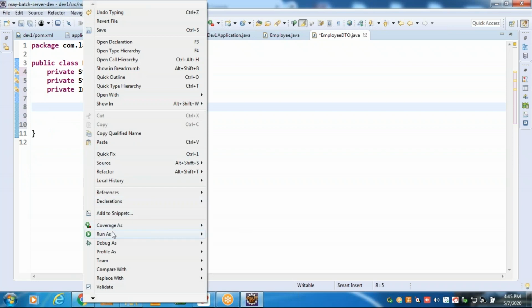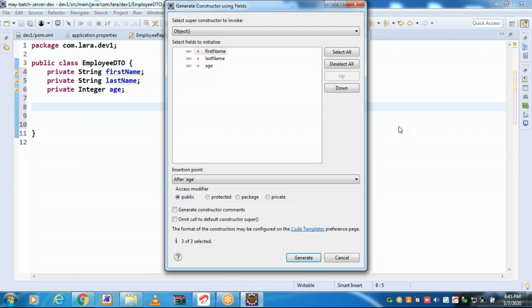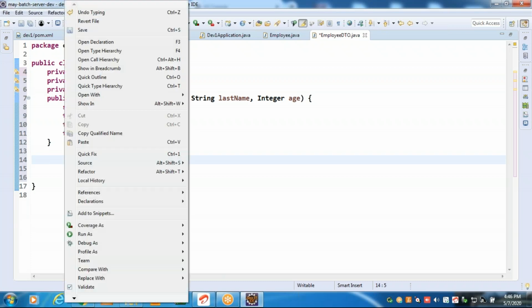Let me do one more time. Okay, already selected. Click on. There is a constructor which is taking 3 arguments. All 3 are getting initialized to the global attributes. Now define getter methods to read the data, or you can go for toString method also. I'll go for getter methods.